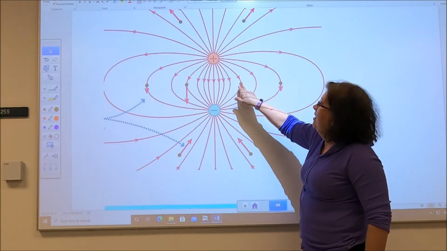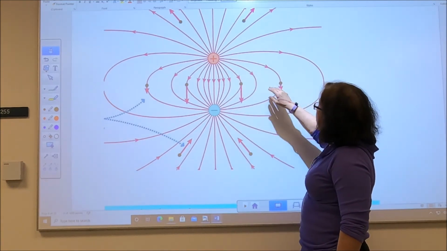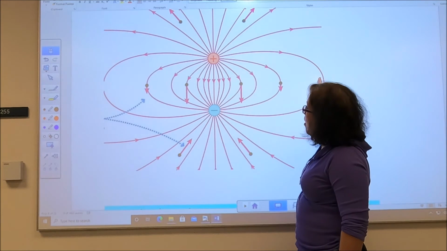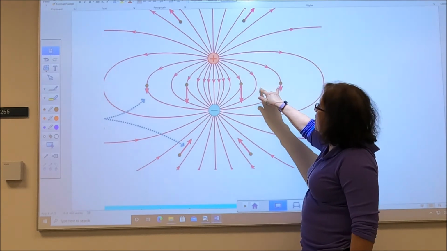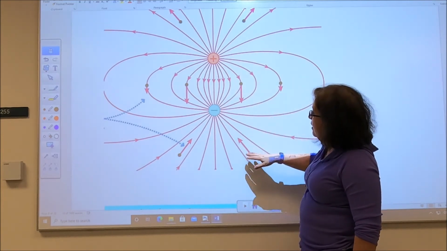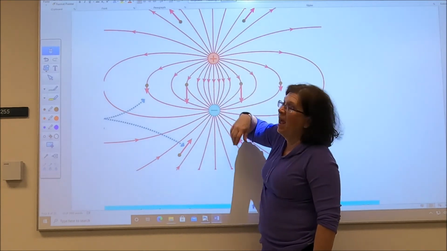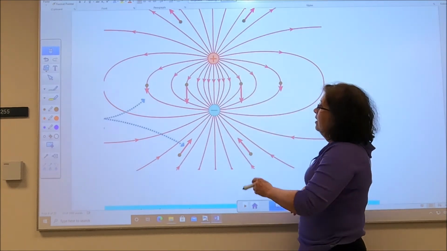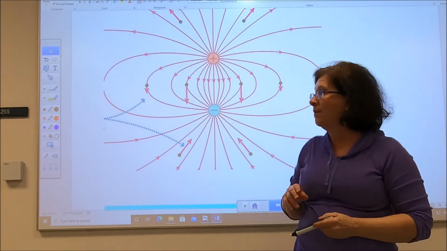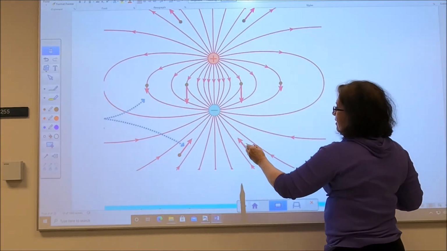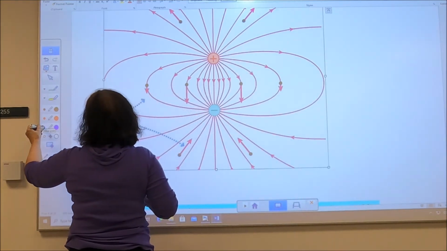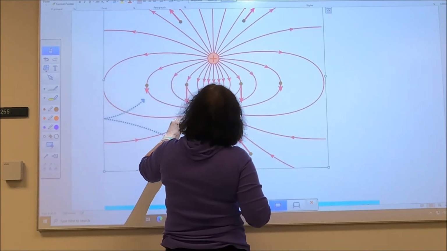And if I looked at this along the bisector, notice the further that I go out from the connector line, the smaller the strength of the electric field is, the further apart the electric field lines are. And notice that they point in down here at the negative and they point out at the positive. You can see electric field strength is going to be really strong close in, and it weakens as you move away. So if I were to look at a point here,